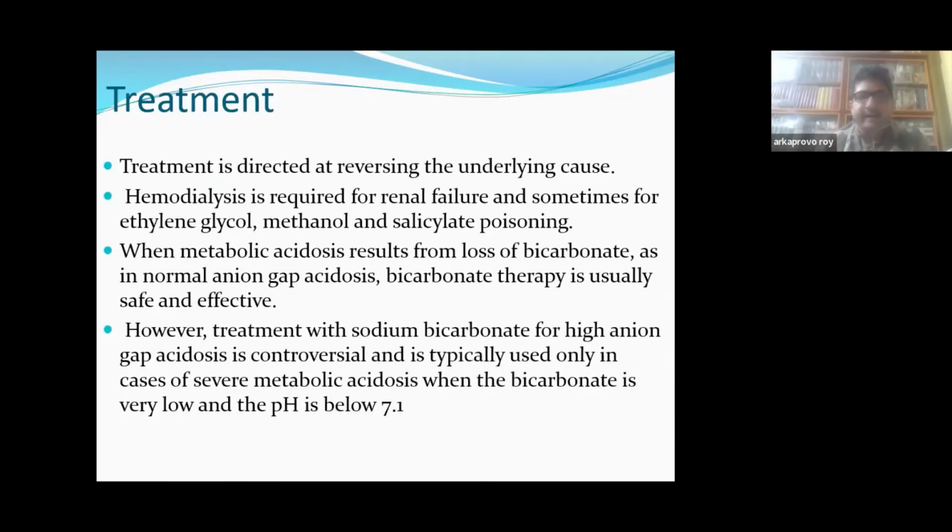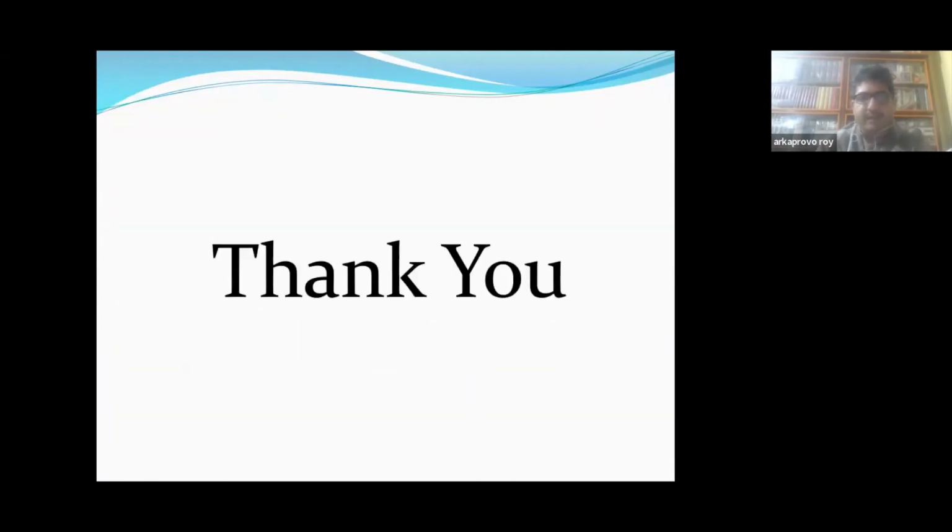Treatment is directed at reversing the underlying cause. Hemodialysis is required for renal failure and sometimes for ethylene glycol, methanol, and salicylate poisoning. When metabolic acidosis results from loss of bicarbonate, as in normal anion gap acidosis, bicarbonate therapy is usually safe and effective. However, treatment with sodium bicarbonate for high anion gap acidosis is controversial. It is typically used only in case of severe metabolic acidosis when the bicarbonate is very low and the pH is below 7.1. So with this,